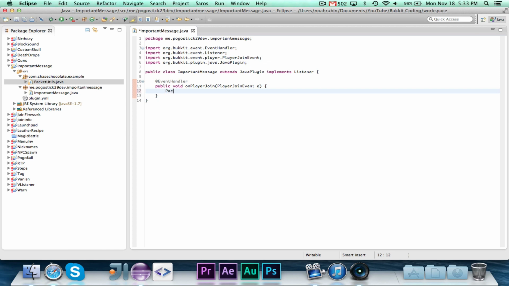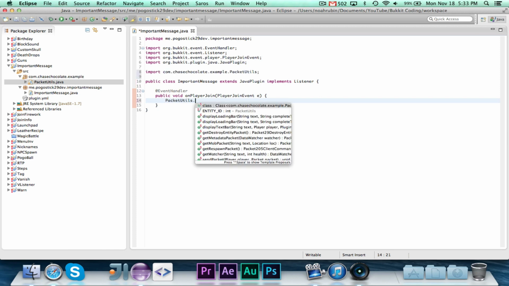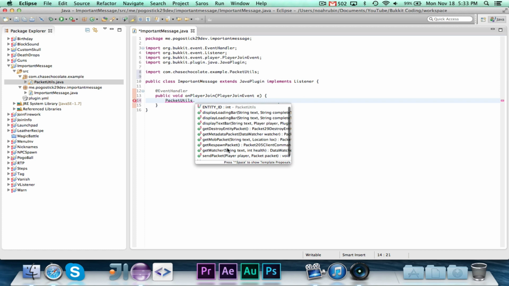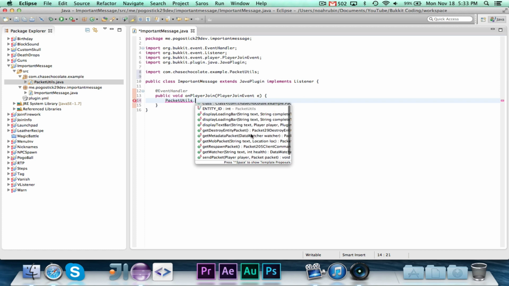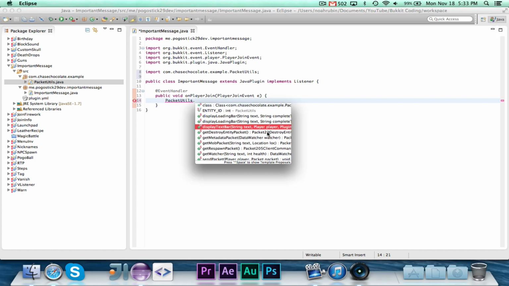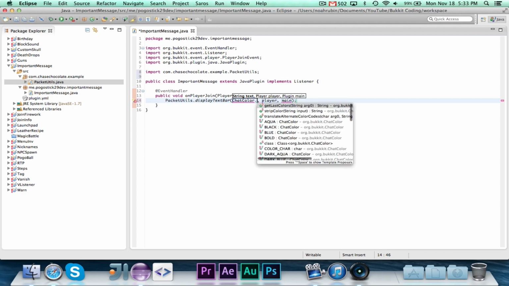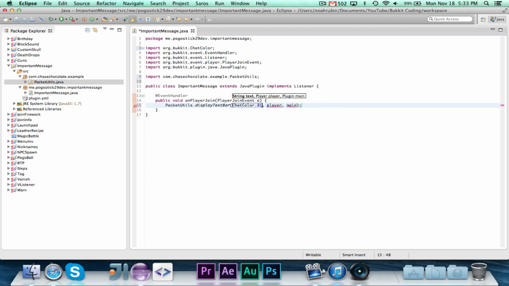So, let's go ahead and check out PacketUtils, and as you can see here, we have a bunch of different methods. A lot of these methods we don't need to worry about, a lot of these are get methods. The ones that we really care about are displayTextBar and displayLoadingBar. So let's start with displayTextBar. The first thing is we want to pass it some text, and color codes are supported. So we'll say ChatColor.AQUA, I like aqua,